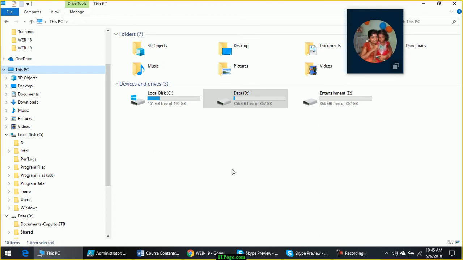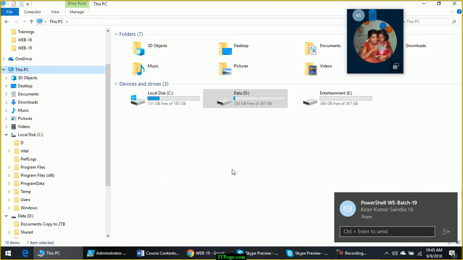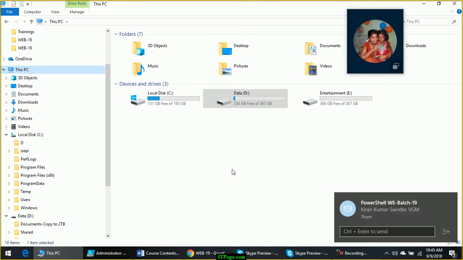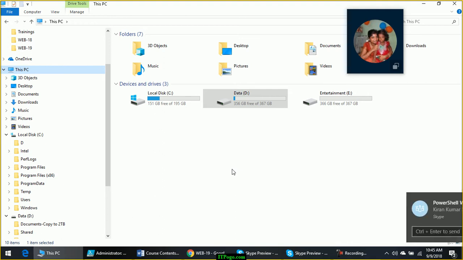What is a data store? Again, it is a place where some information is stored, right? Some data is stored at one particular location. So there can be multiple different types of information or data depending on what you are looking at. The most familiar one is the file system.